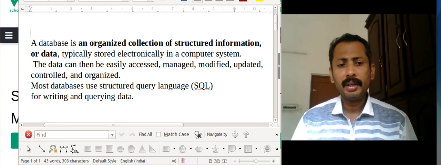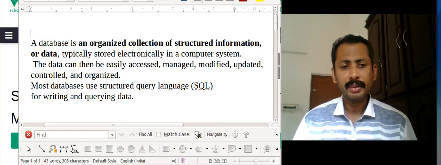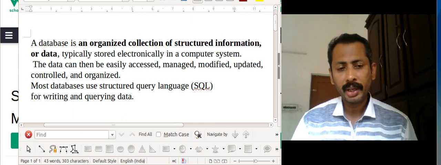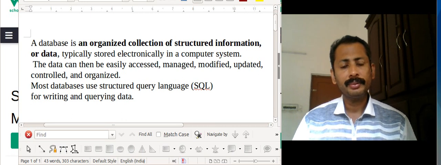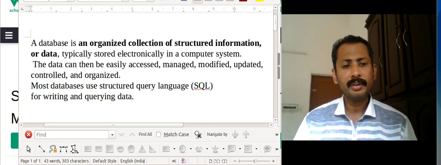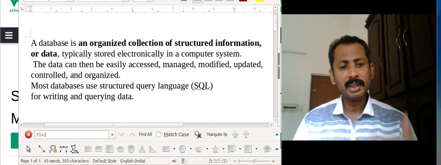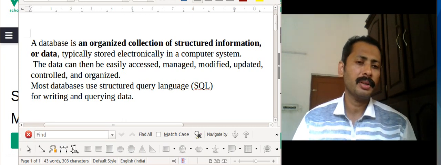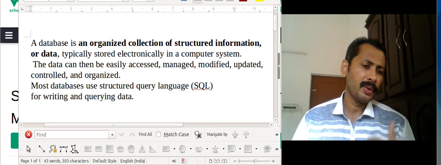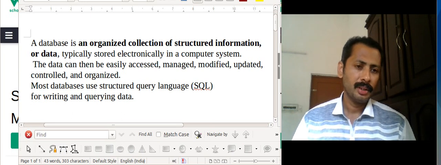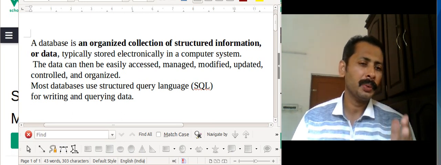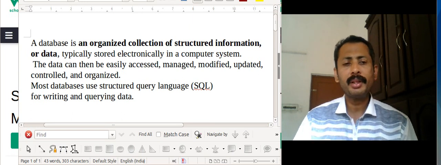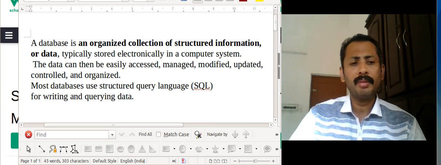SQL is a standard for writing queries, for creation of databases, for creation of tables, for inserting values to tables, to change values in tables, to take out values from tables, to add a column, to delete a column, etc. So everything can be done from the starting.